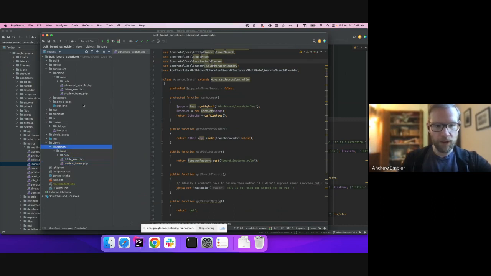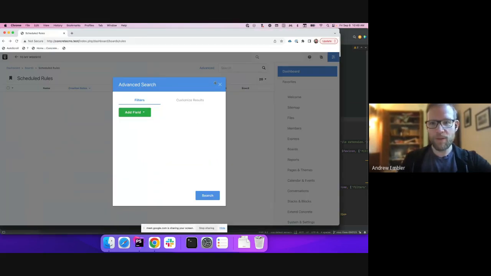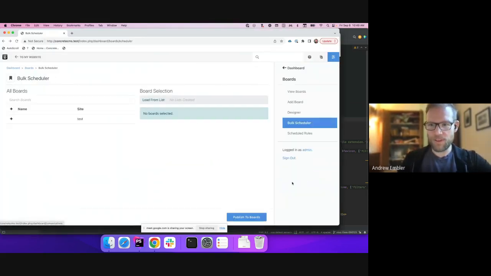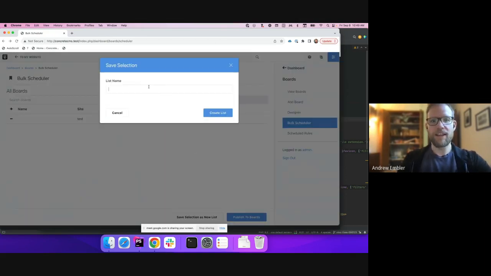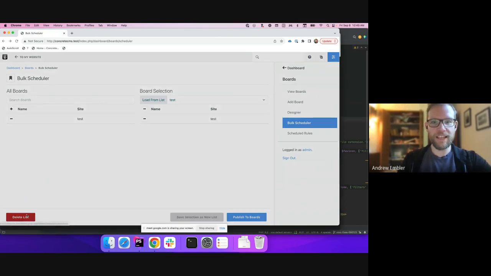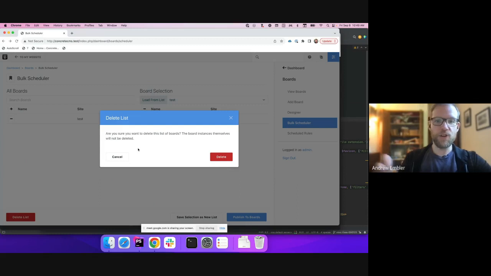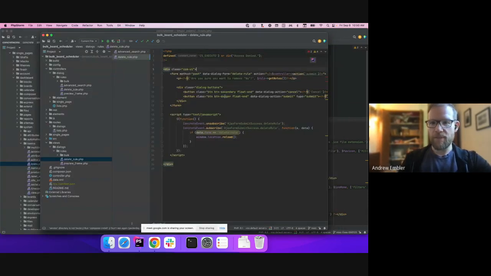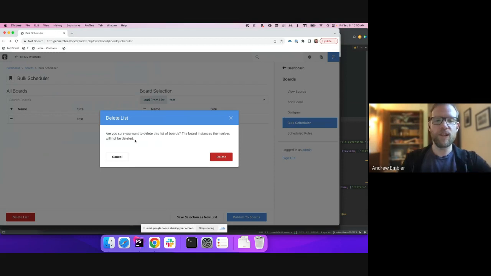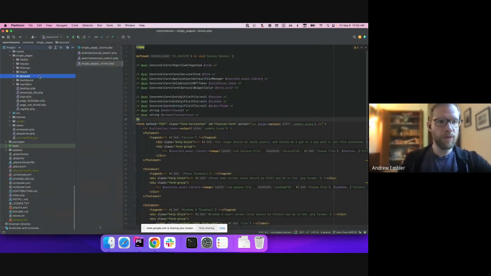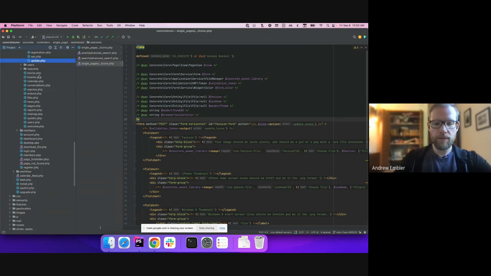Oh, actually, this is a little bit more exotic than that, because the core actually defines this view. But I'll use a different example from the same package. For example, here, when I want to delete a list and I click this, I get this, are you sure you want to delete this list of boards? Then this is loaded up in the same way. We have a controller, we have a corresponding view file. And if you look within the controllers directory of the core,